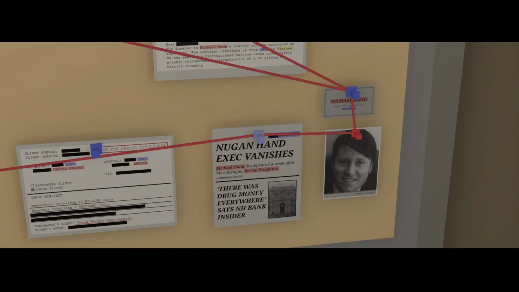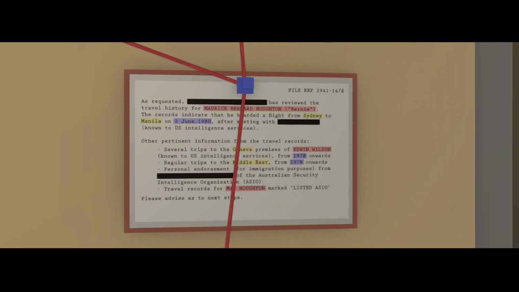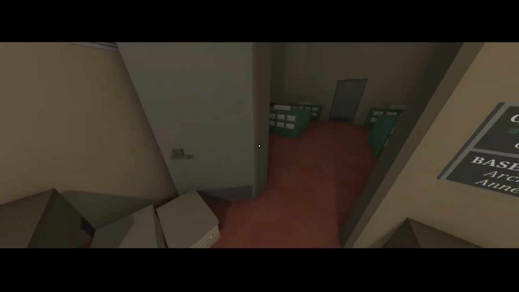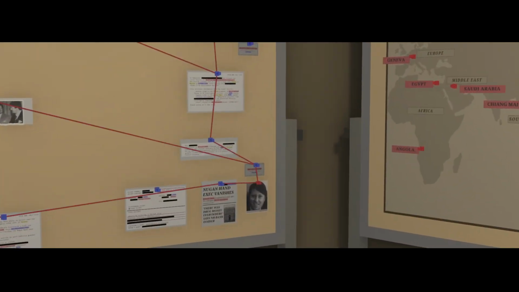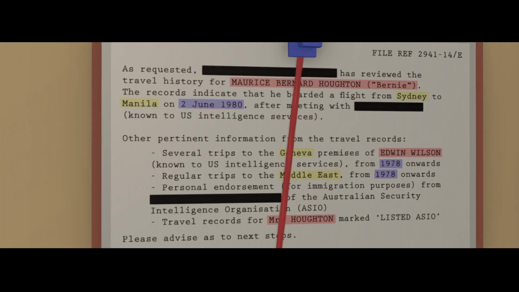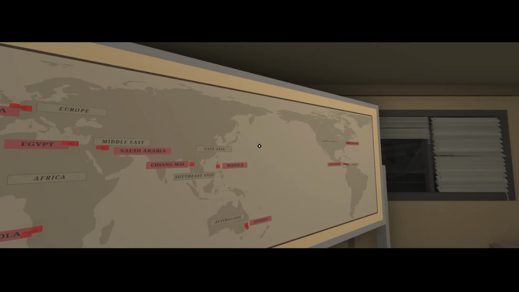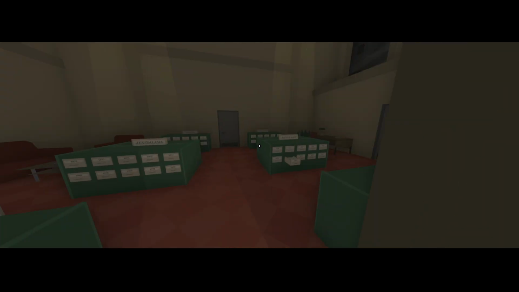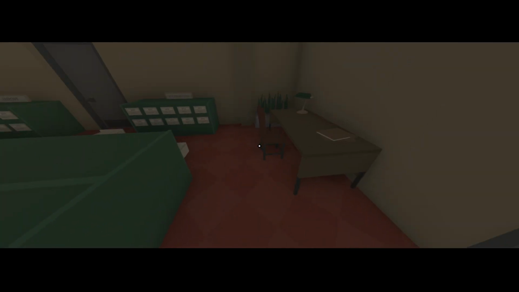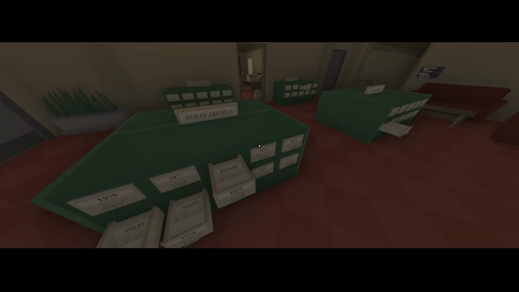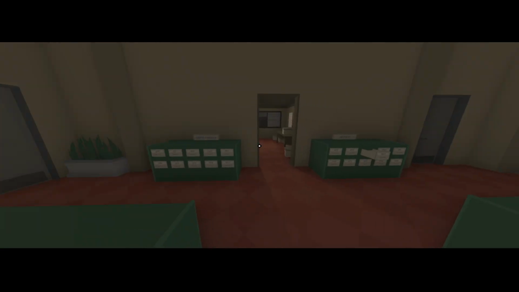Anything in the 1970s then? 1978 Edwin Wilson, maybe. Wait, but where? Manila, 1980, maybe? Where's Manila? East Asia, maybe? 1980.